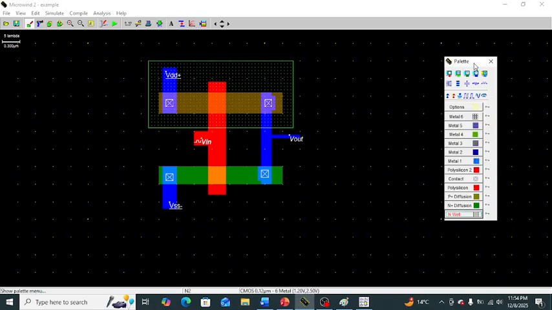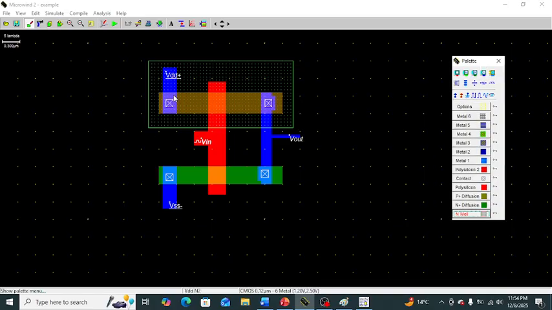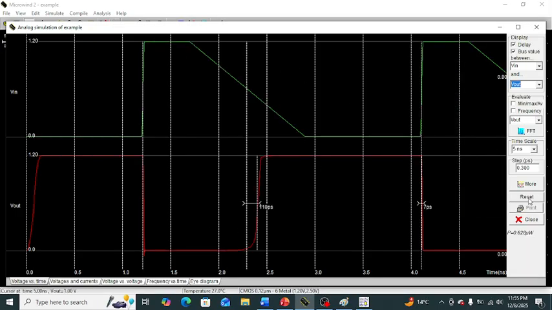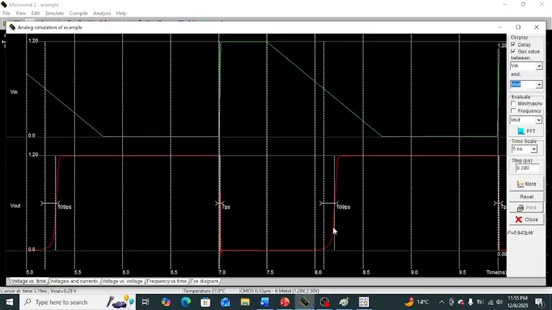First of all, in CMOS logic circuits, in MOSFET there are three terminals. One is source, second is gate, and third is drain. Other than these three terminals, there is one more terminal available at the MOSFET, and that terminal is called as body terminal. That body terminal is always connected at well, and this is connected to VDD supply for PMOS transistor. So now simulate this circuit and see how this simulation shows.